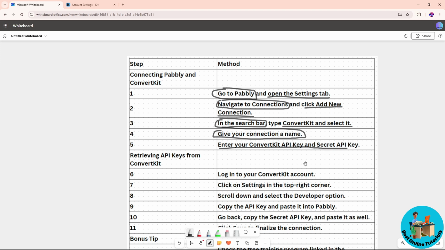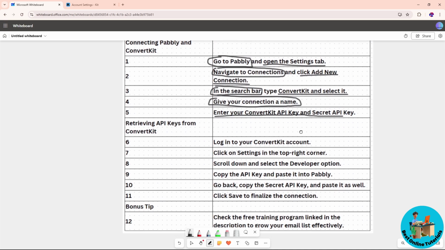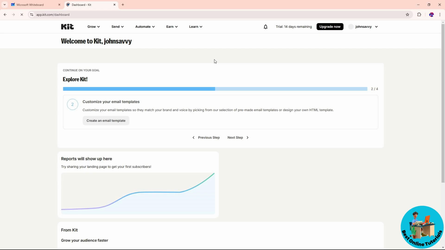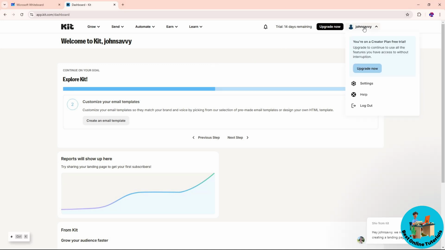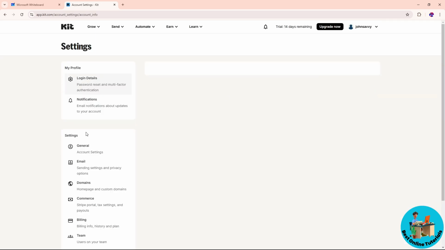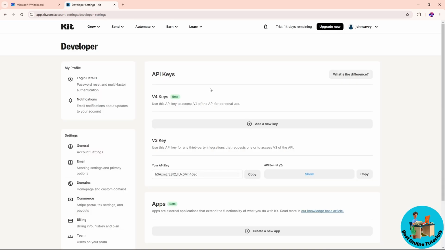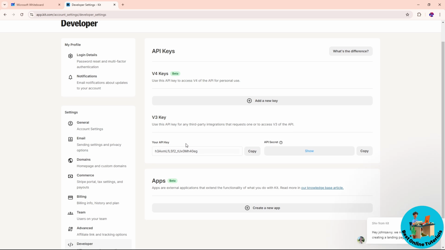So guys, in order for you to find your API key and secret API key, first go to your ConvertKit and go to the profile on top right over here. After that, go for the settings. On the left side, you should be able to see developer down below. Just click on this one. After that, you should be able to see your API key and API secret. Just copy these two and save it to